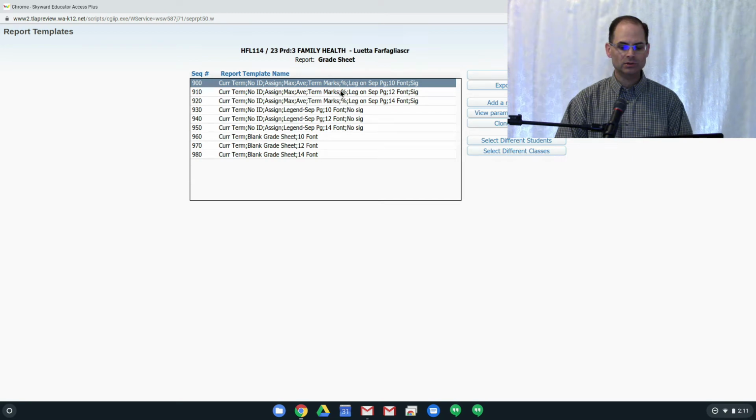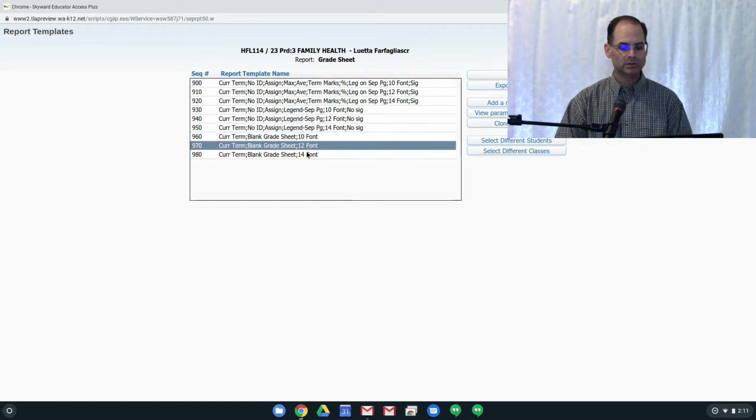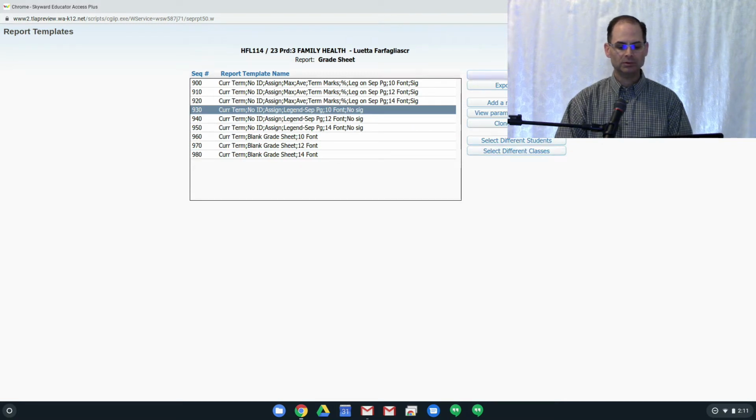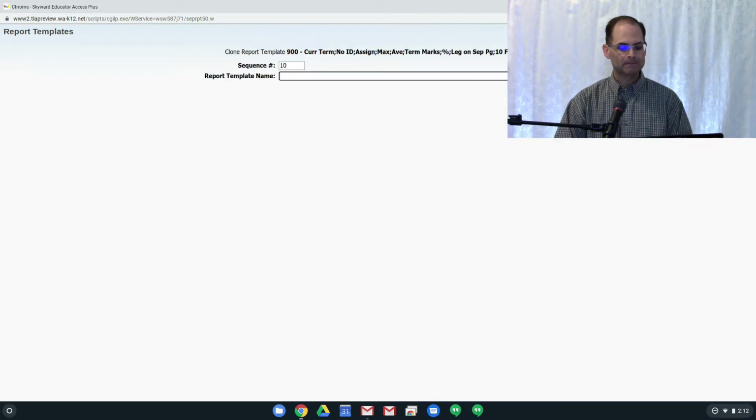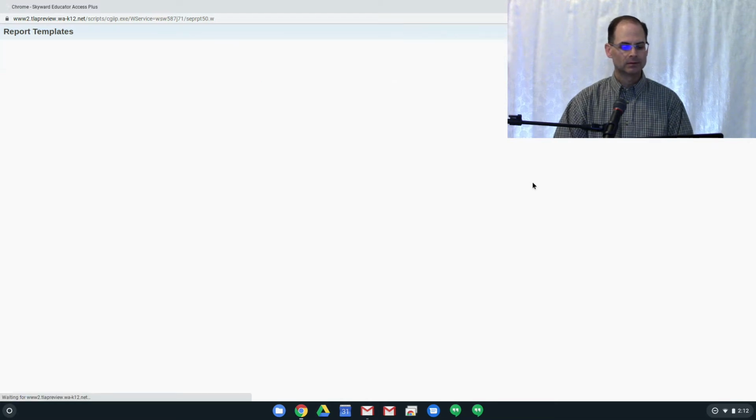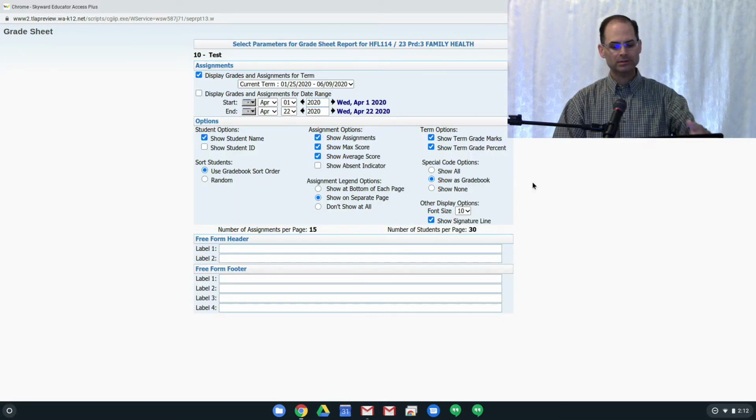So the first thing to notice is that if I select any of these predetermined templates, I don't have an option over here on the right-hand side to modify it, to edit that template. But if I take one that's kind of close to what I want, and I think it's best to go through them and look real quick and see what they look like, and then pick one that's close to what you want, if you clone that template, you can give it a name. I'll just call this one test. And then it drops you right into these options